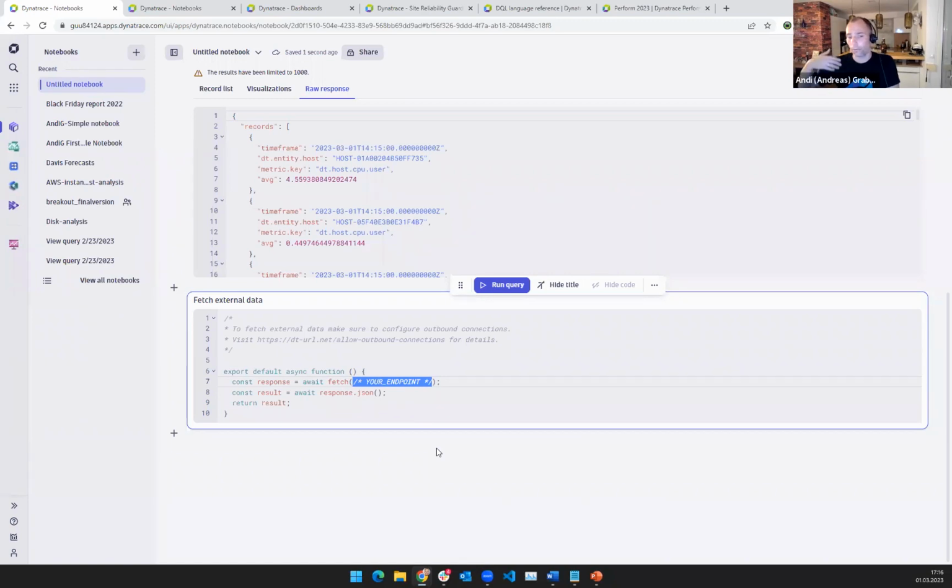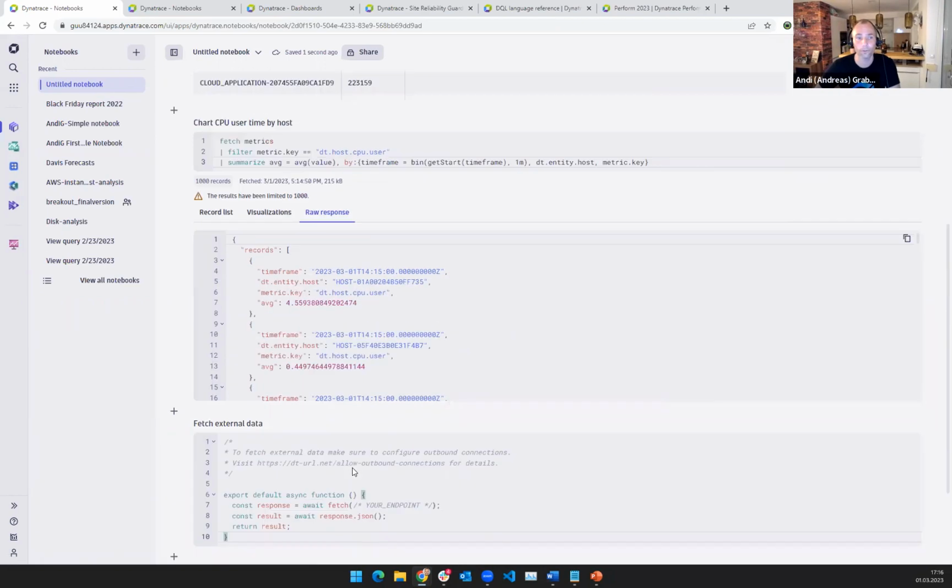Let's say, I don't know, stock information or pricing information of your hosts. And then you can combine it with the data that Dynatrace has, and then create new data models that allow you to answer questions that you couldn't before, right? And you can do this all within this particular notebook.